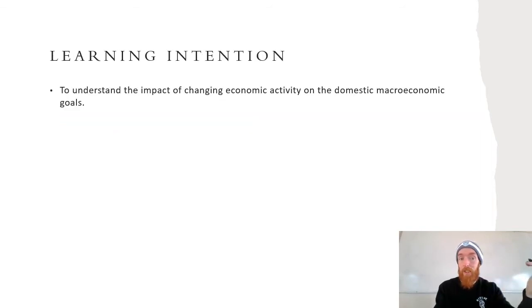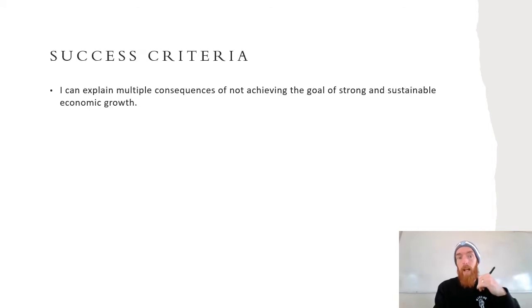So our learning intention is to understand the impact of changing economic activity on domestic macroeconomic goals, in this case growth. And our success criteria is you can explain multiple consequences of not achieving the goal of strong and sustainable